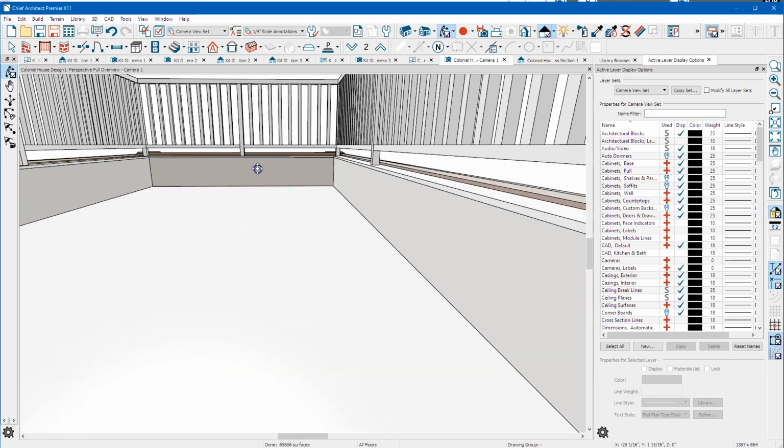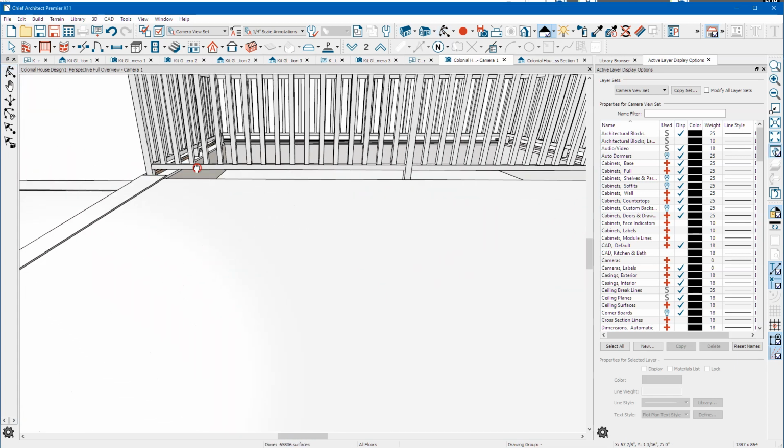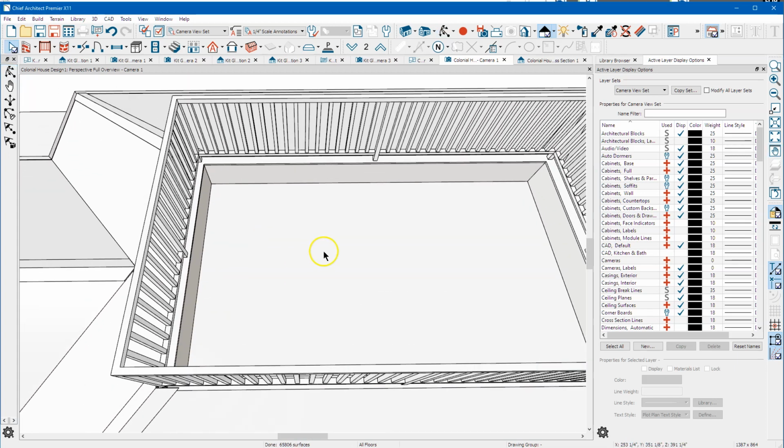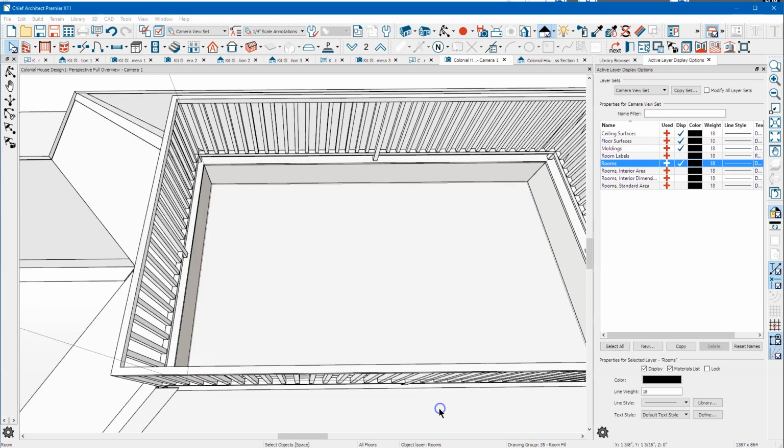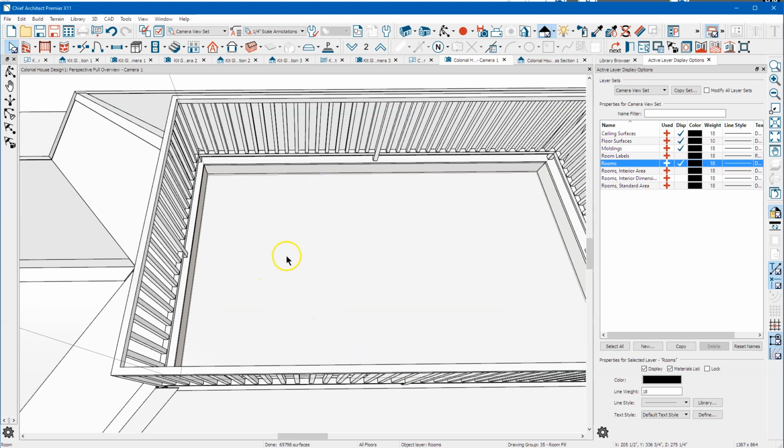Looks like that's a little low, but I'm just guessing at some of these numbers. We can open up this room, and what we can do, I'm on the floor above. I'm on the 4th floor, but I can change the 3rd floor ceiling right here. So I'm going to make it 56. Yep, all that did was